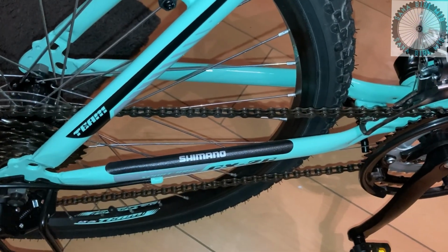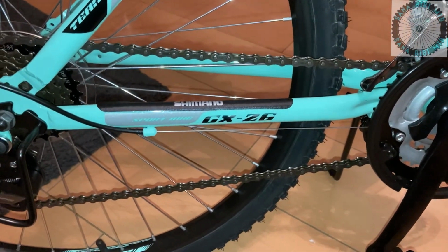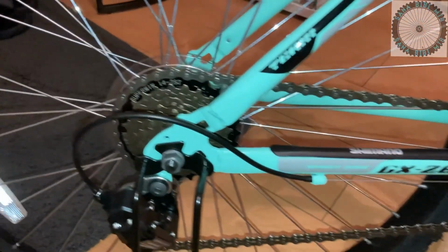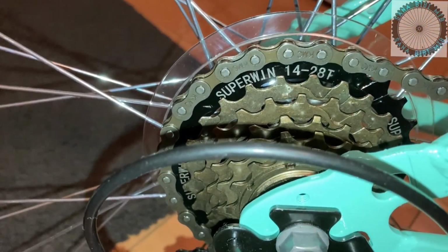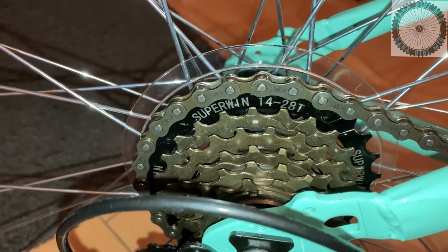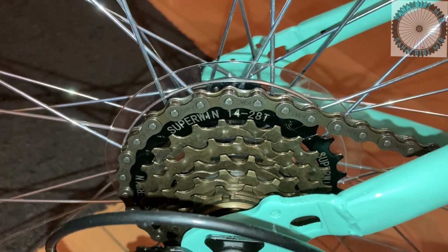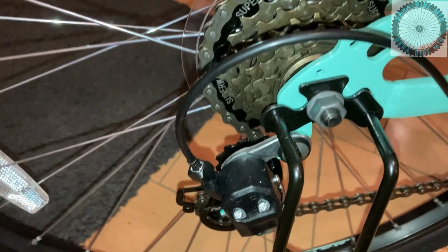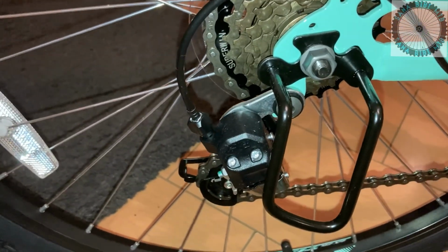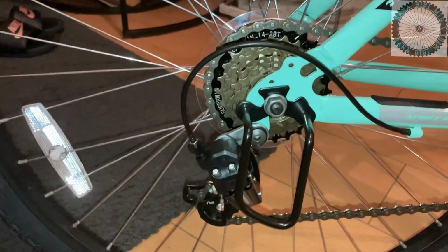Moving on to the rear of the bike, we have a 6-speed cassette from Super Win. It has a 14 tooth on the smallest cog and 28 tooth on the bigger cog. We also have a bash guard to protect the derailleur, and we have a Shimano Tourney 6-speed derailleur which has SIS indexing. From what I can see on the derailleur, I can see an upper and a lower limit screw,